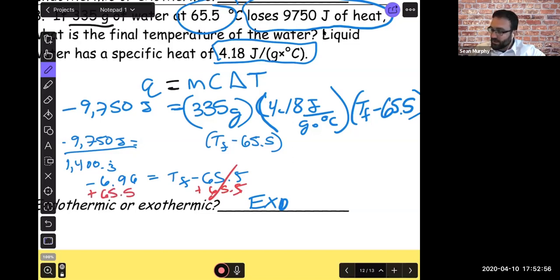Sorry guys, I'm running out of room. So we started with negative 6.96 plus 65.5 equals 58.54